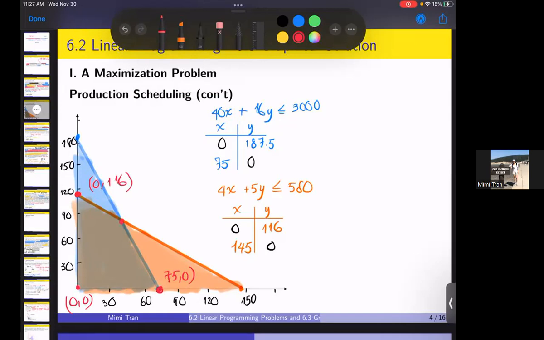I don't know about you, but I'm not gonna do it by hand. I'll show you how to do it on a graphing calculator. Maybe I'll show you how to do both with inequality and